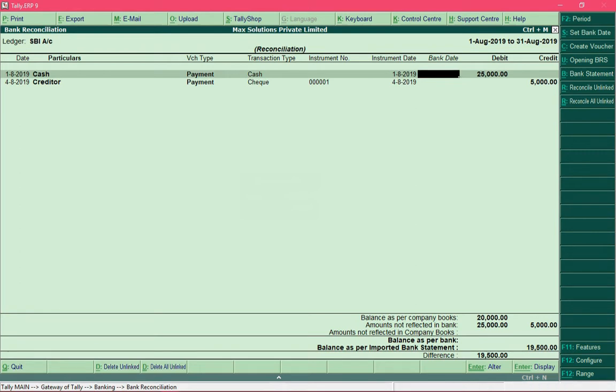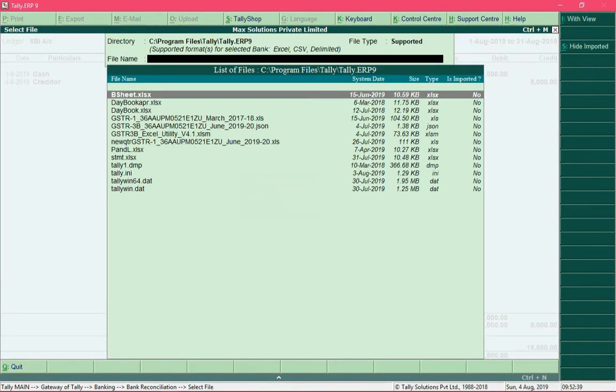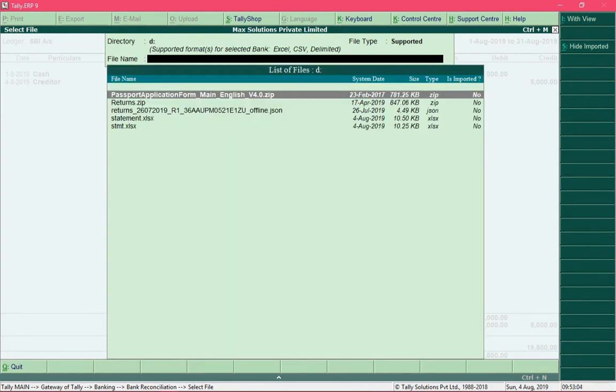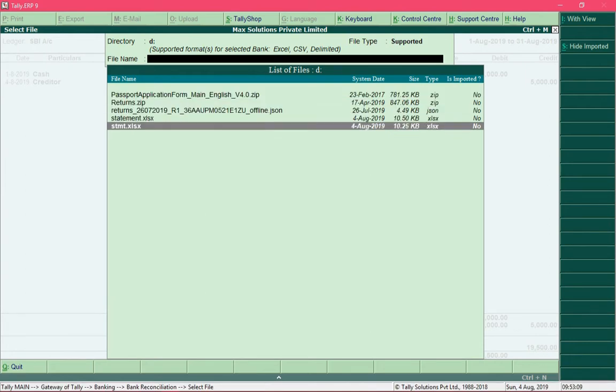Now in order to import the bank statement, you need to click on the button bank statement over here or press the shortcut key Alt B. And you would be prompted to select the file, and if you have downloaded the file at a different location, then you can press the backspace key and define the directory where you have stored your imported bank statement. Alright, so I have downloaded the statement file in D drive and it is over here, and I will select